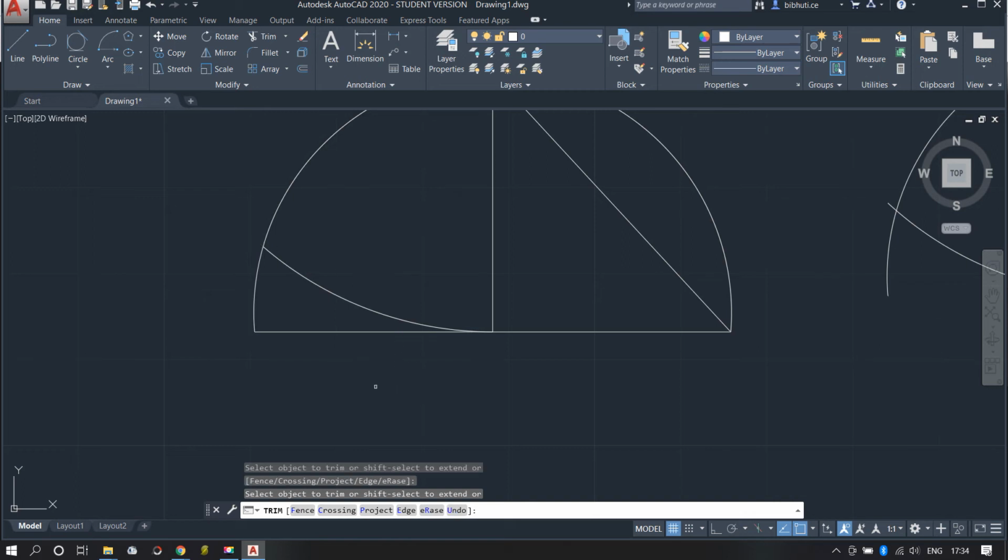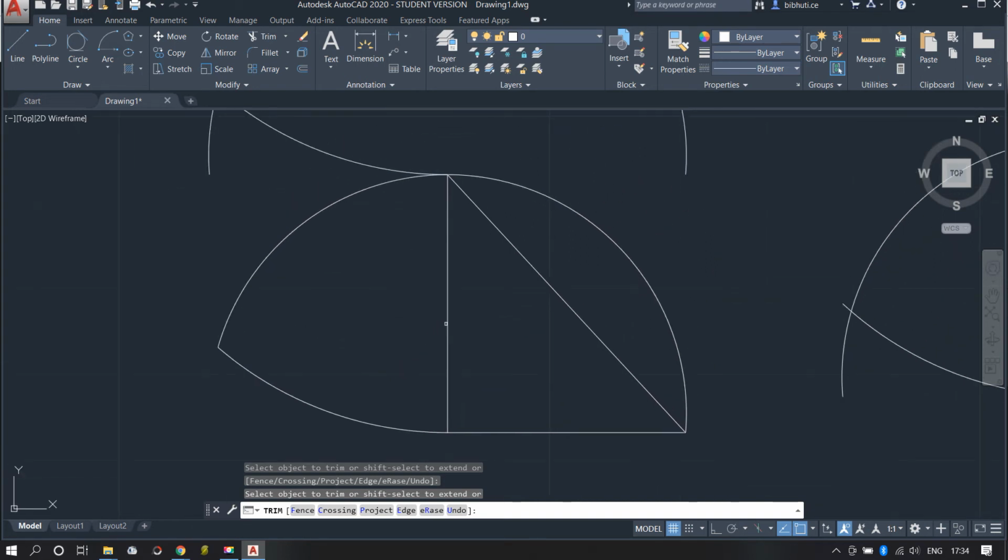Okay, that's been done. I can select this also, this will be removed. I will select this also, this will be removed. But this line is getting trimmed here because there was some